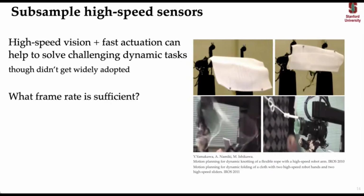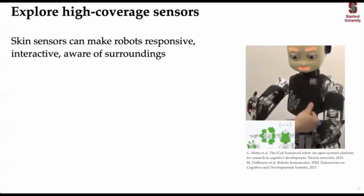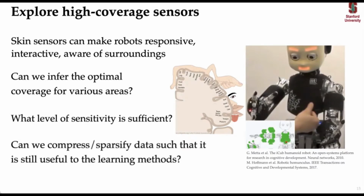So what can we do? We can identify that maybe a lower frame rate is sufficient and lower the cost. We can also experiment with different predictive methods to see if the high-speed control can be replaced. Another thing that we can do is experiment with skin sensors, for example, infer the optimal coverage of the skin for the robot's body for various areas, and also understand what sensitivity is necessary,